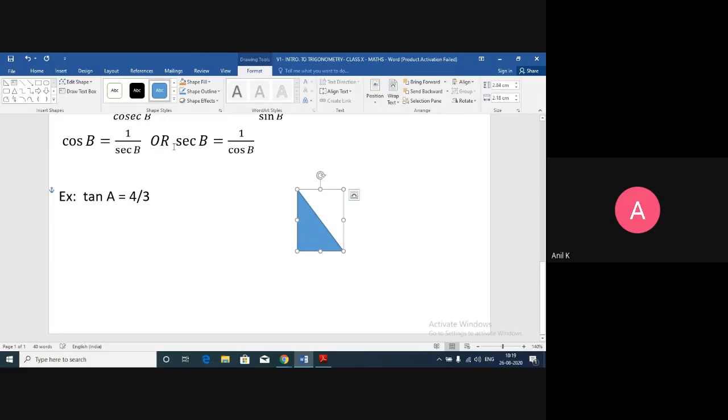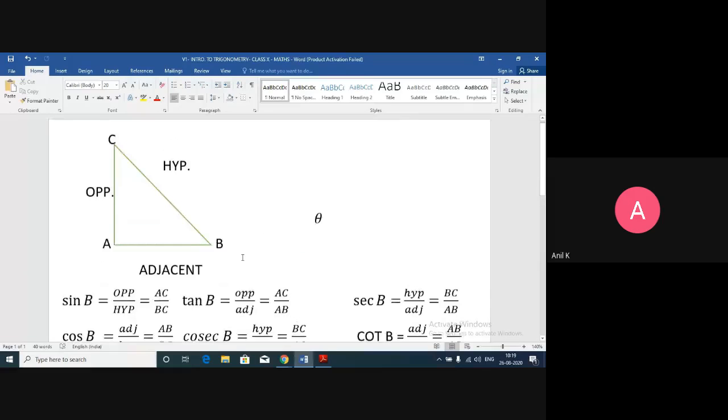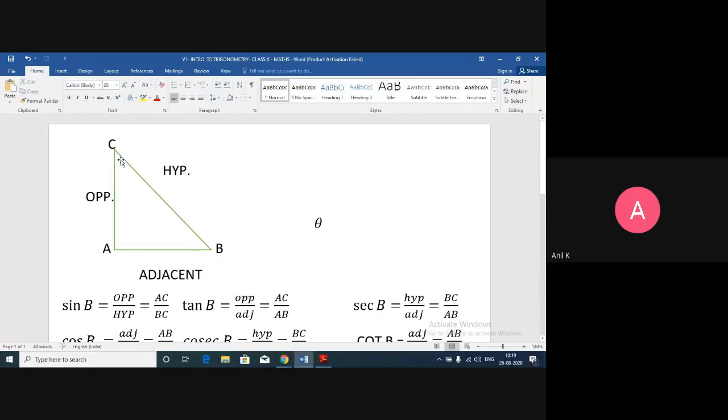Just make one right angle triangle of any size. What is given here? Tan A is given. So if tan A is given, one more thing here, let me clarify. Your trigonometric functions can be defined at B or at C, not at A. If I want to find here sine A, I cannot define what is the opposite side, what is the adjacent side, because if I take angle A here, AB